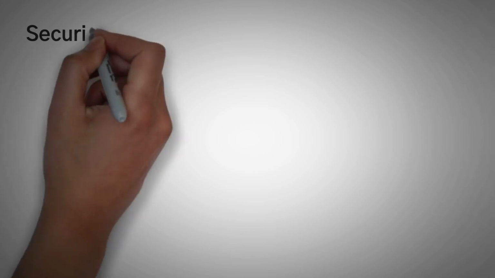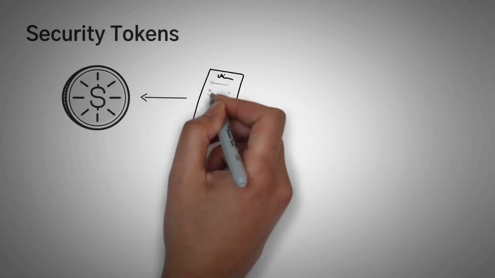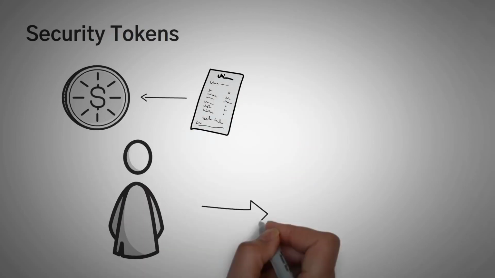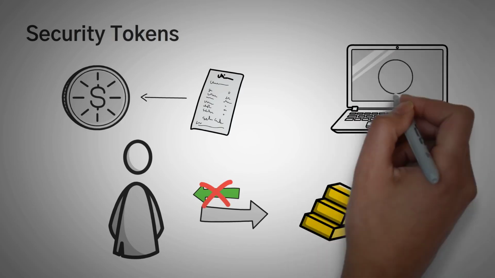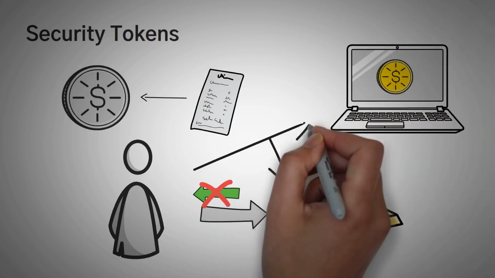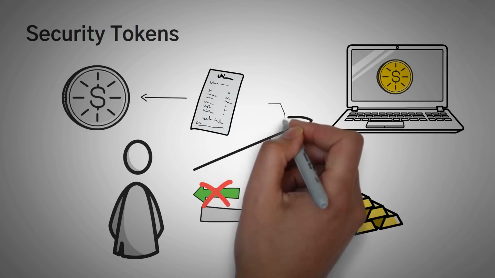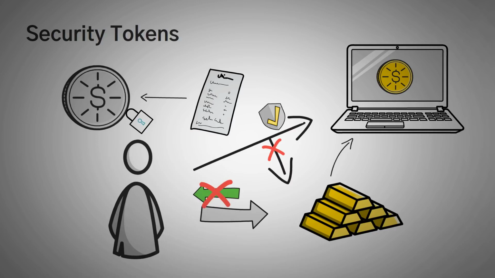Next up, we have number two, which is security tokens. Security tokens are minted to represent ownership of another asset. For example, say you wanted to buy gold, but you didn't actually want to hold the gold. Someone could create a token that is tracked to the price of gold. So instead of actually owning the gold, you owned a representation of it, which technically would be much safer because it is much more difficult to hack an Ethereum token than it is to break into someone's house.